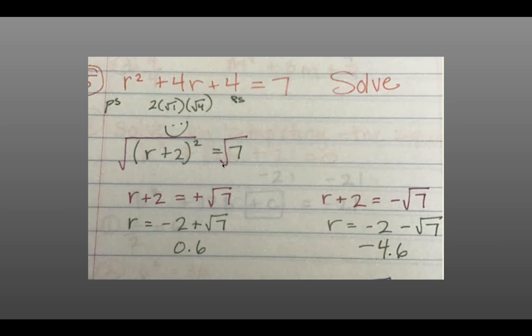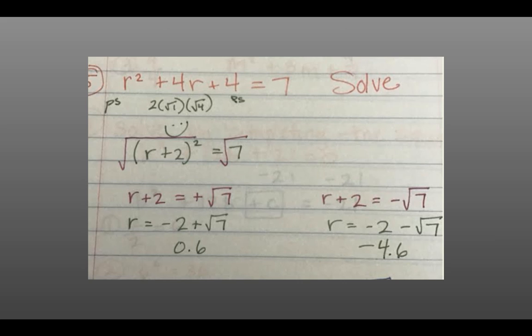Take the square root of both sides. I have r plus 2 equals positive square root 7. R plus 2 equals negative square root of 7. Subtract 2 from both sides and solve. I have roots of 0.6 and negative